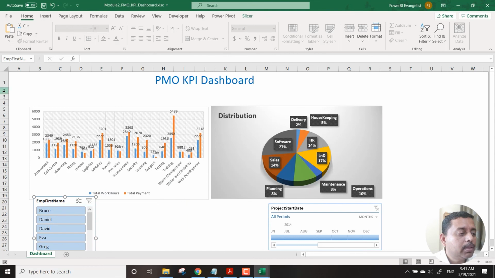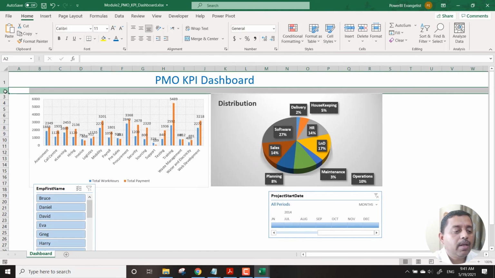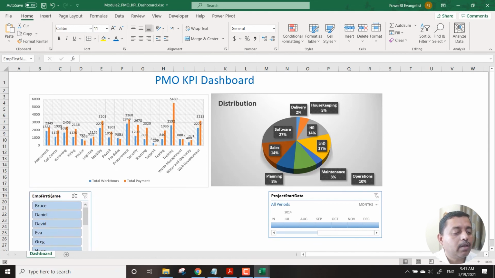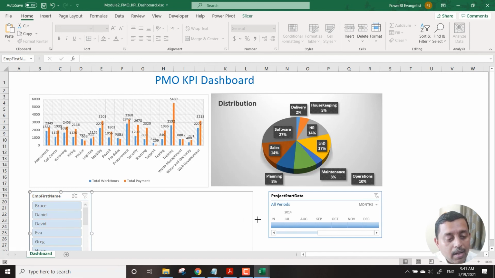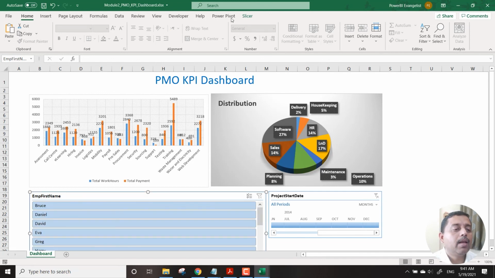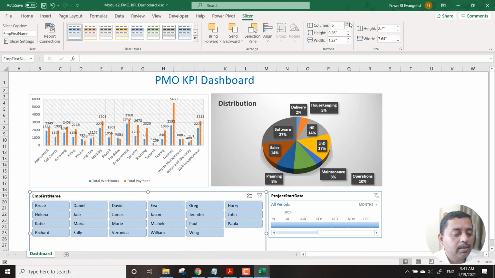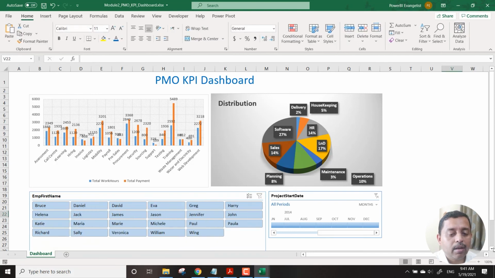So now what happens is I'm preparing this as a part of a small dashboard with different types of data. So what we can do is we can elongate this like this, and then I can increase the column like this. So I know how many people are there in my team.